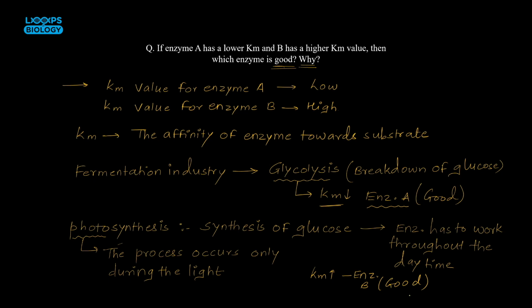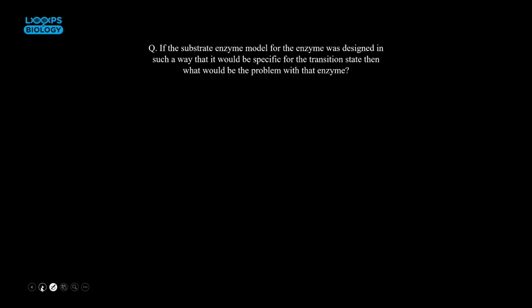So the good or bad of the enzyme is completely dependent on the functionality of the enzyme. So from this, good or bad enzyme decides on functionality. That is nothing but when I am going to decide the function of the particular enzyme, where I am going to use that particular enzyme, that is going to be the deciding factor for enzyme to be good or bad. Got my point guys? So this is your first question.